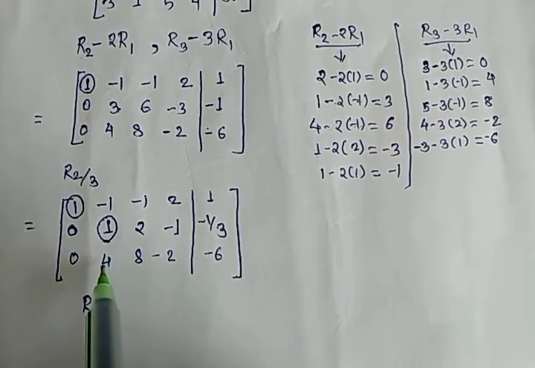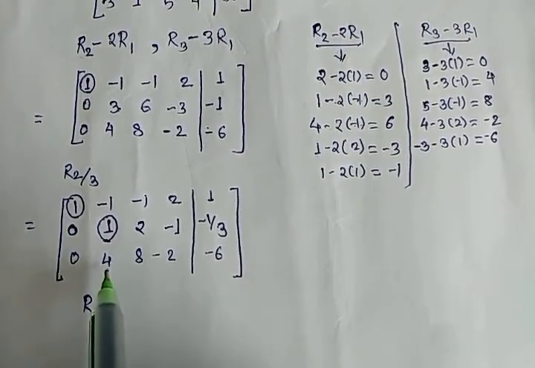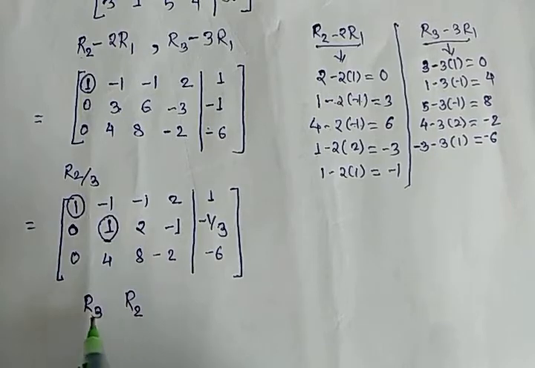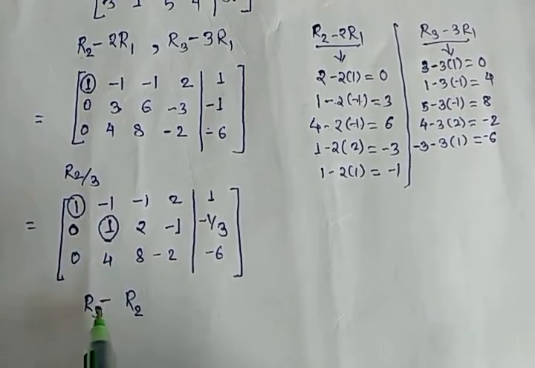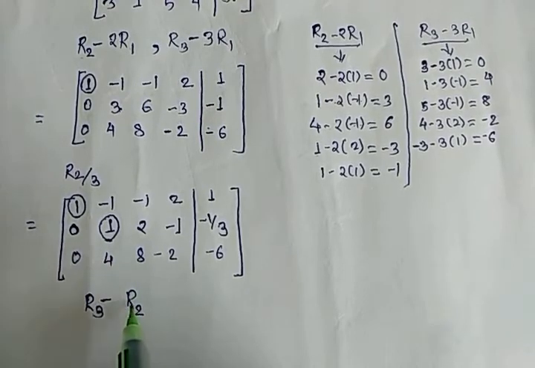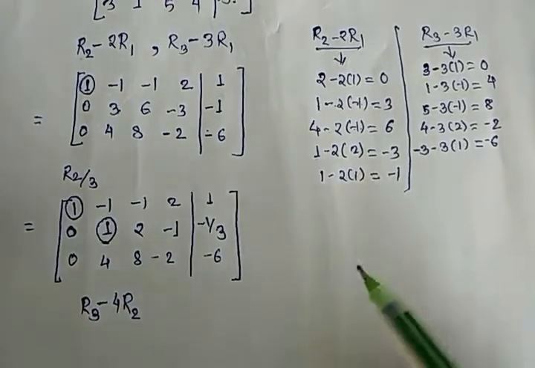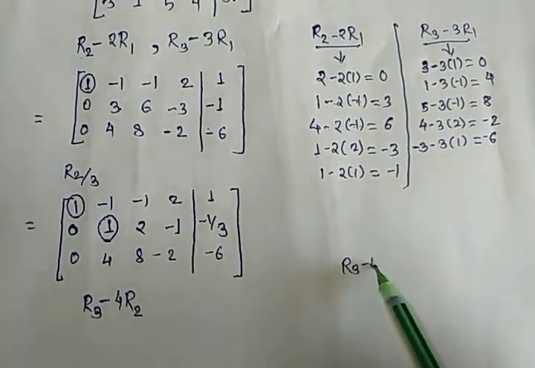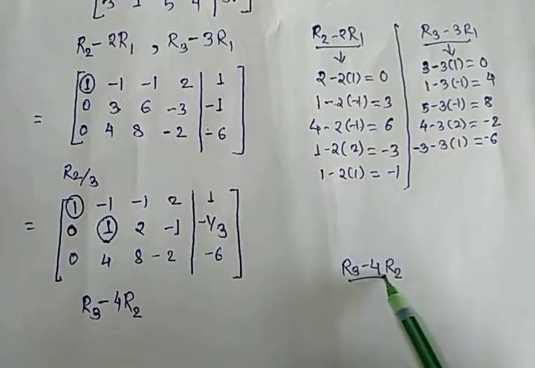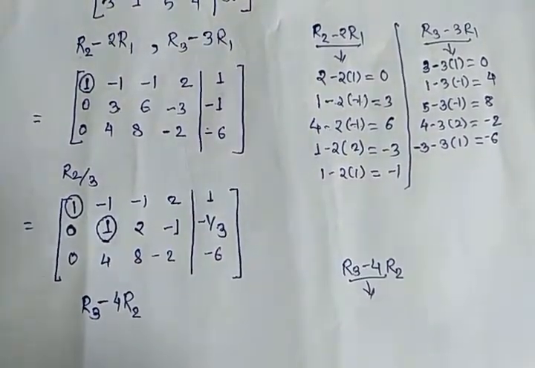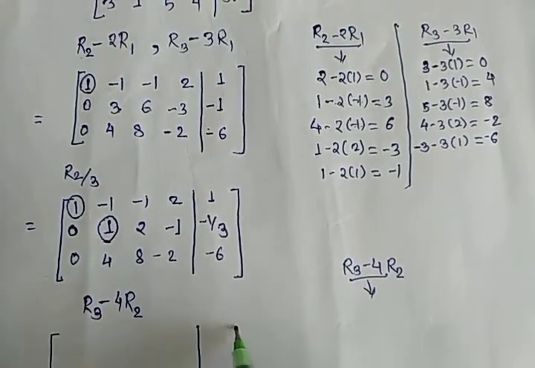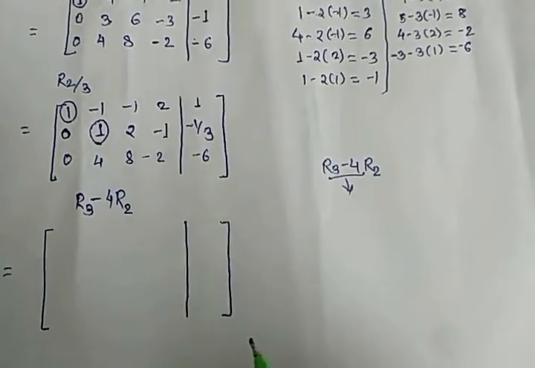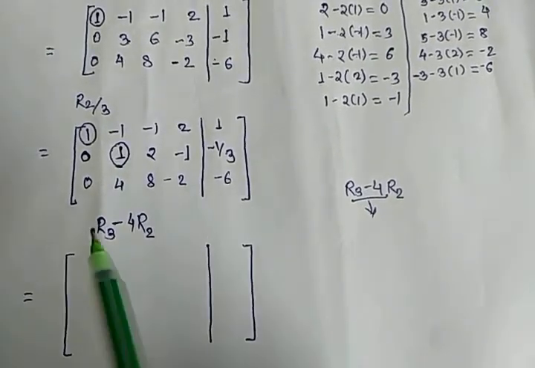So for position A32, to make A32 0, we have a row operation between R3 and R2, and both are positive, so we have to subtract, multiplying R2 by 4. So here we write the row operation R3 minus 4 R2. Our next step: the first 2 rows will stay as they are, and we change only row 3.